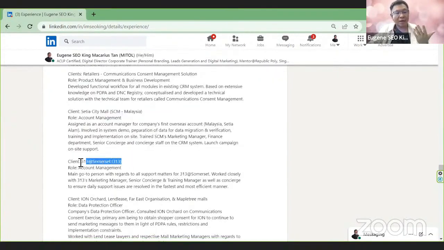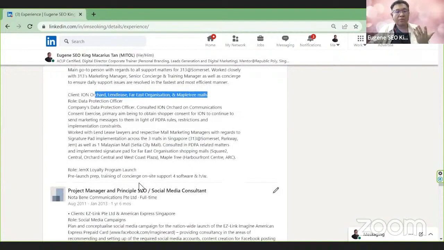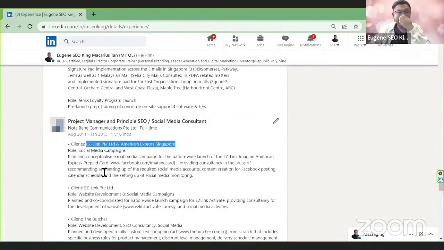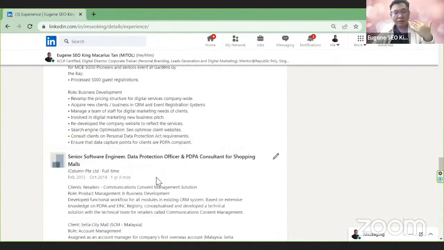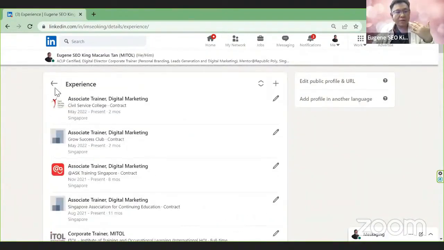And some of my clients include 313 Somerset, Ion Orchard, Far East groups of malls, and Maple Tree group of malls. And I was also involved in GEM, the Jurong East Mall, right? And as you can see here, once you highlight clients like, for example, EZ-Link and American Express, sometimes when people are searching for EZ-Link and American Express, your profile shows up in the search, and they will read that